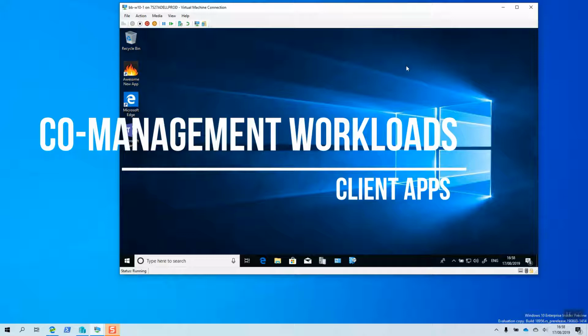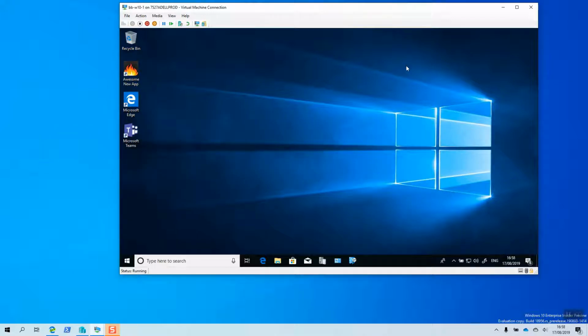In this video we're going to look at the co-management workload for client apps. So we're going to move the workload from Config Manager to Intune. And strictly speaking, we're not moving this workload in its entirety across to Intune. What we are doing is saying that applications can now be deployed or made available from both Intune and Config